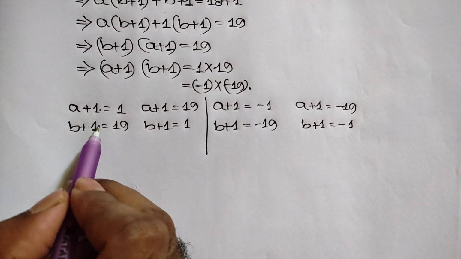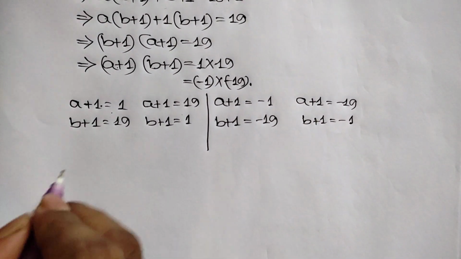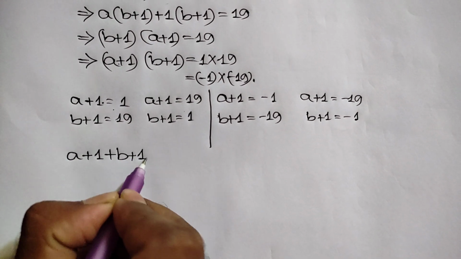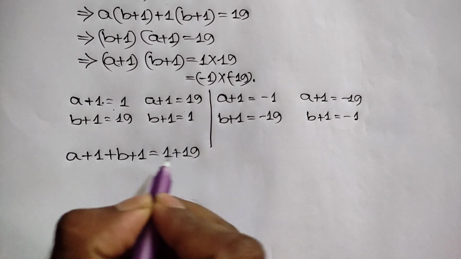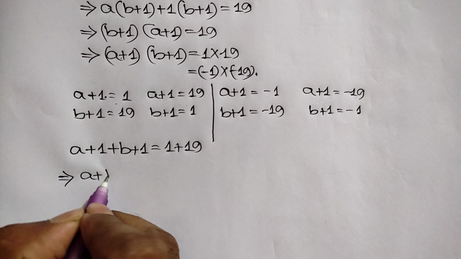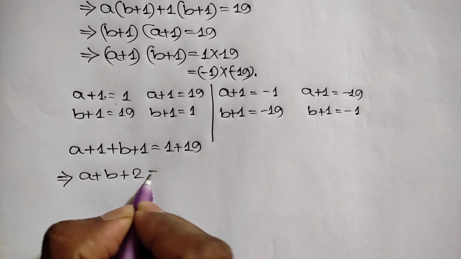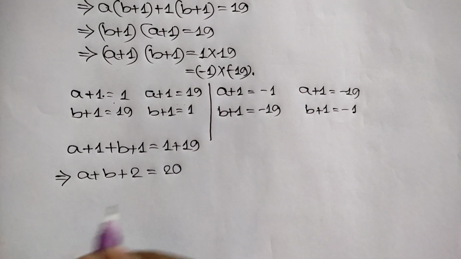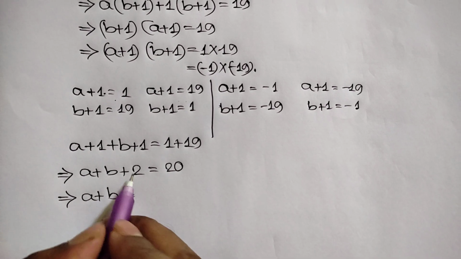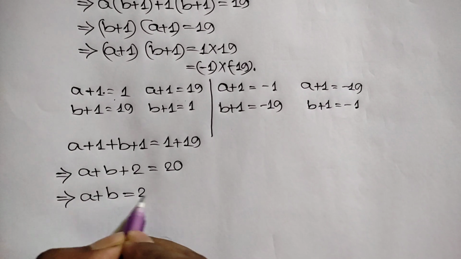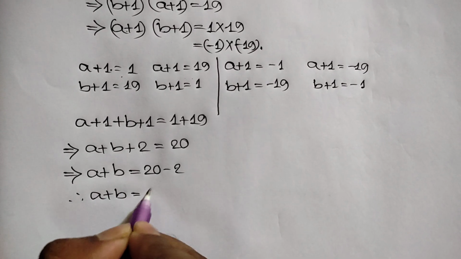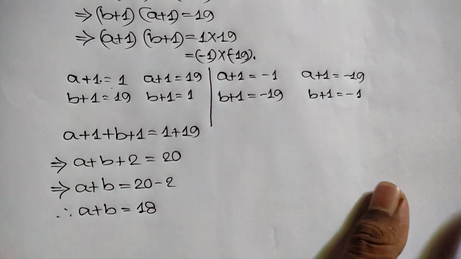Now adding these two equations for these two cases we can write a plus 1 plus b plus 1 is equal to 1 plus 19 for these two cases, or a plus b plus 1 plus 1 is equal to 2 is equal to 19 plus 1 is equal to 20, or a plus b, taking this 2 to the right side we will get 20 minus 2, so the value of a plus b is equal to 18,